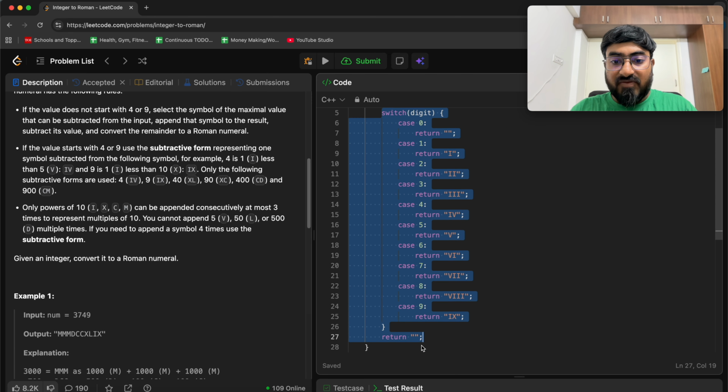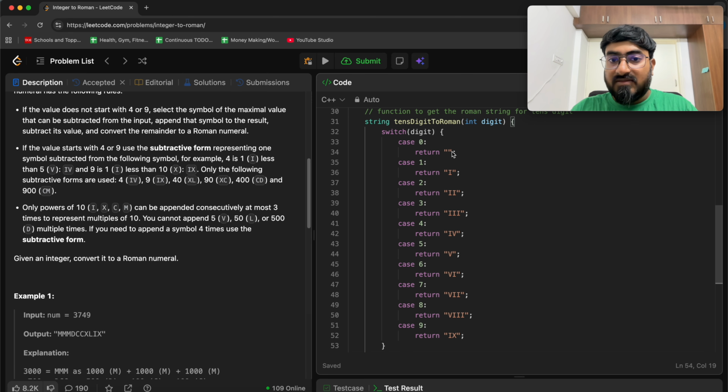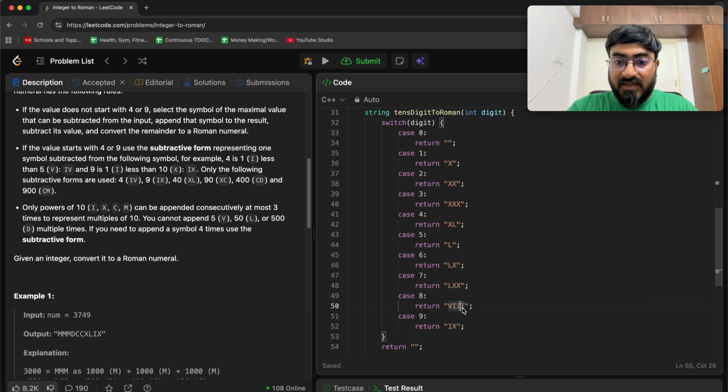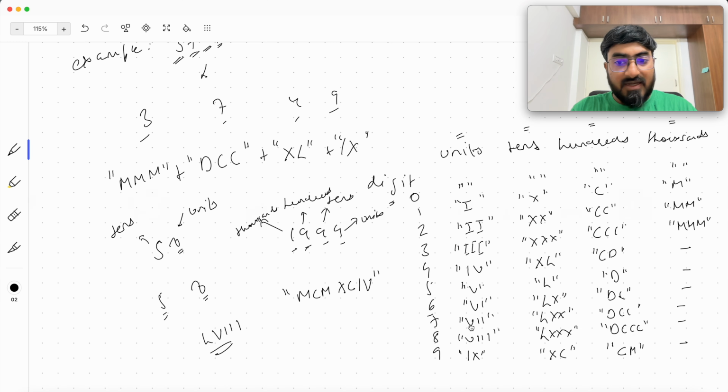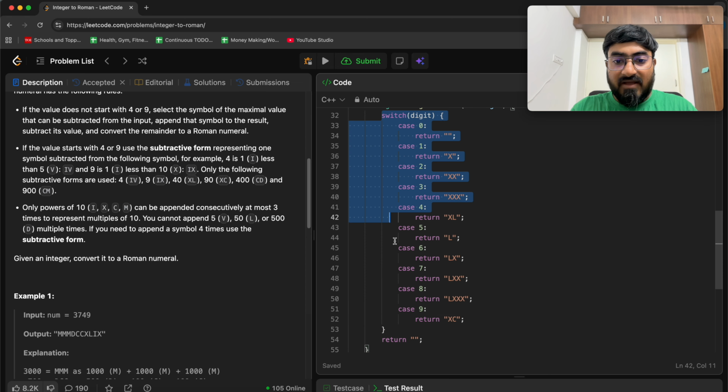Similarly, we will do this for the case of the tens digit. For 0 it is blank, for 10 it is X, 20 is XX, 30 is XXX, 40 is XL, 50 is L, 60 is LX, 70 is LXX, 80 is LXXX, and 90 is XC. 90 is XC, right? I'm not getting confused, right? Yeah. All right. Then we have similarly